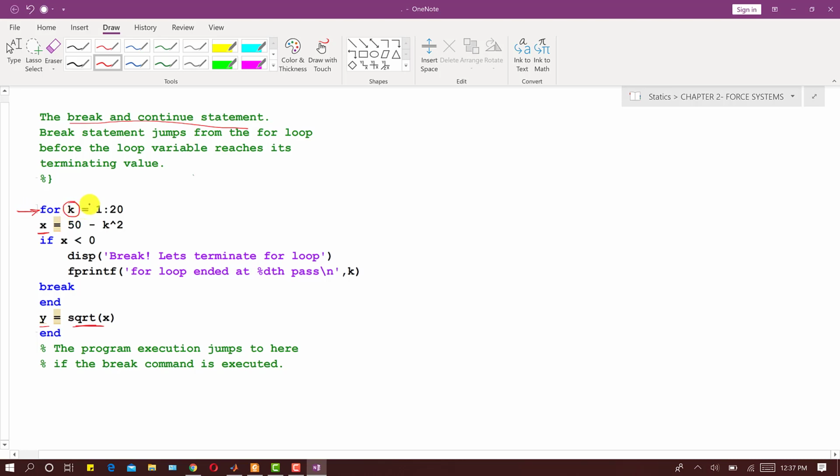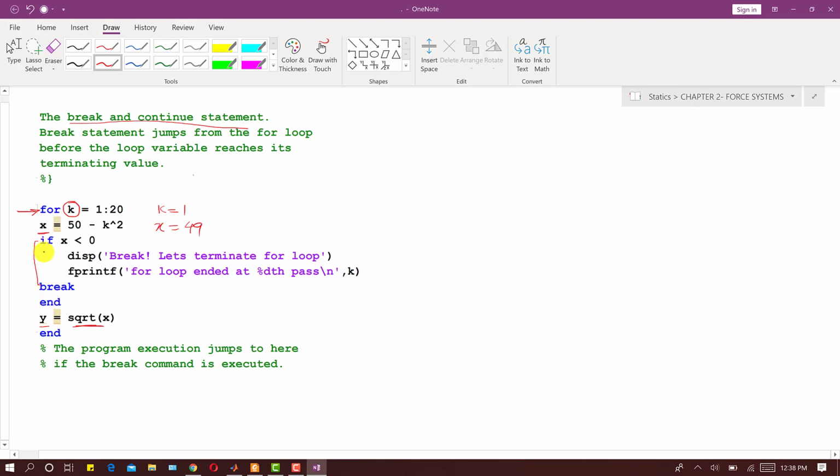Initially it will set the k value to 1, and then it will find the x value using this equation. When k is equal to 1, the first value of x will be 49. 49 is positive, so it will not enter this if statement.